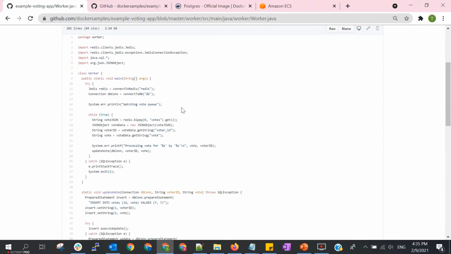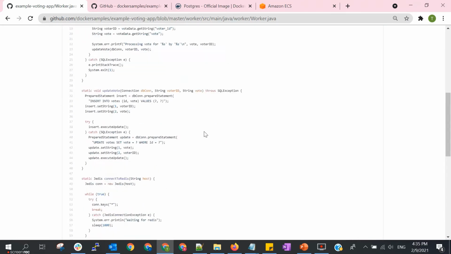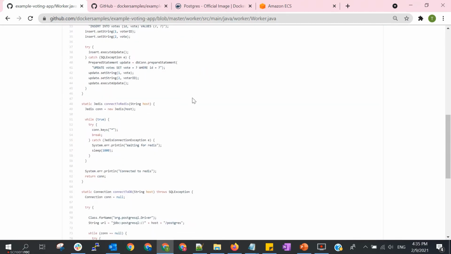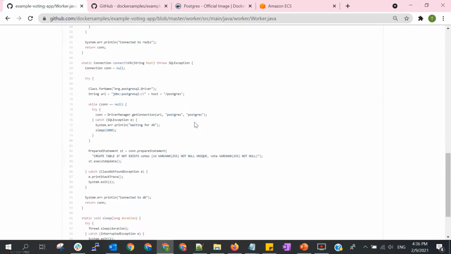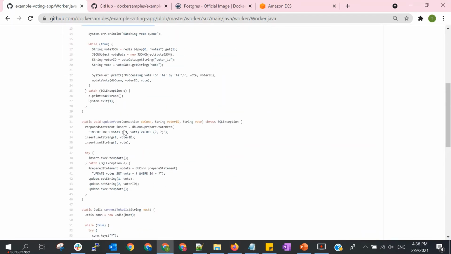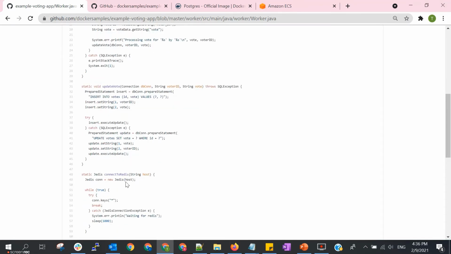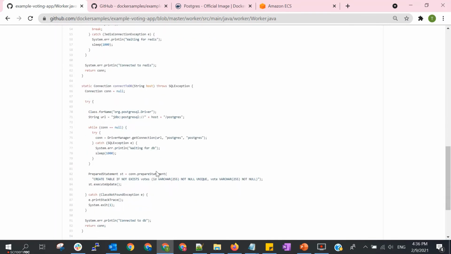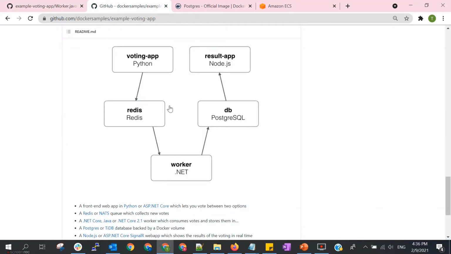Basically it has dependencies on Redis and also on the DB. You can check all the code here. There are some methods to check if the vote is updated and so on, and to connect to Redis. Okay, this is for the worker container.